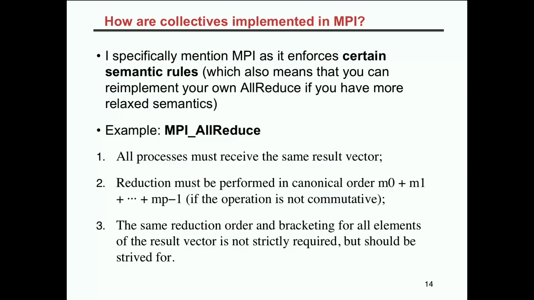So what MPI already does, for example, is the first one is kind of trivial. The second one is kind of constraining. If the operation you're defining is not commutative, it should be performed in the canonical order. This looks like the correct definition, but how about floating point? Is floating point addition commutative? I mean, it is kind of commutative,